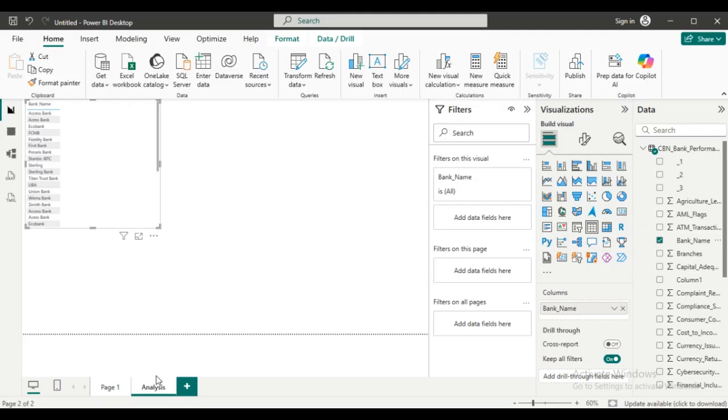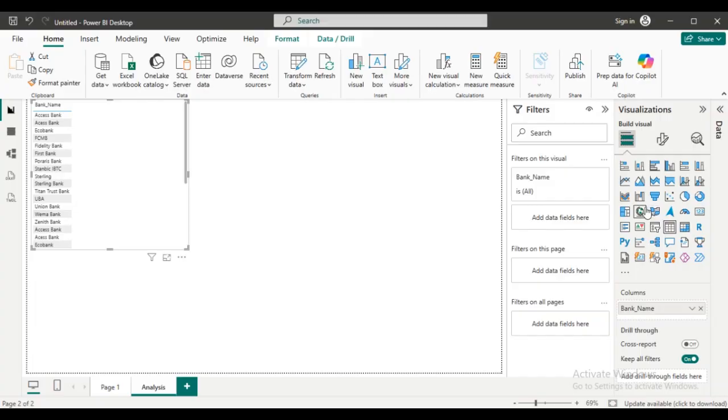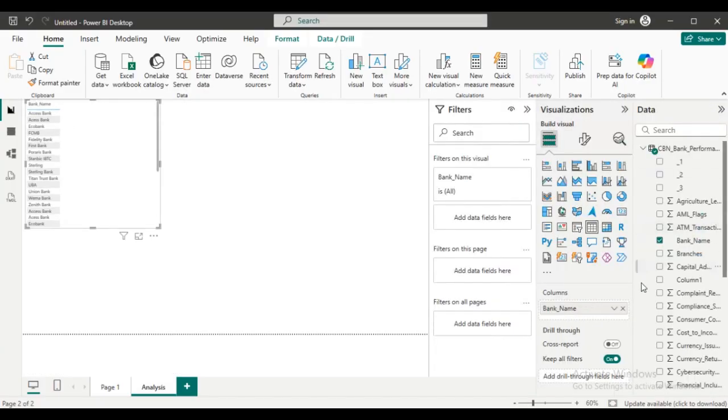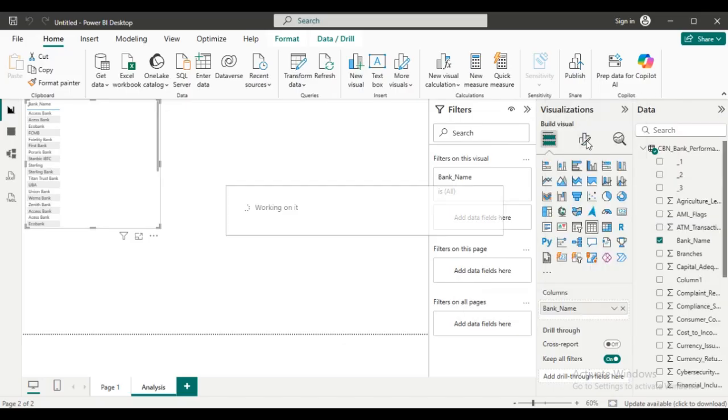So what I will do, I will come to this column here, I will right click it. I can right click anywhere and I'll see this feature here, which is what we want to use for our calculations, new measure. So anywhere I right click on the data section, even if I come down here, I'll still see new measure. If I click new measure, and I want to calculate